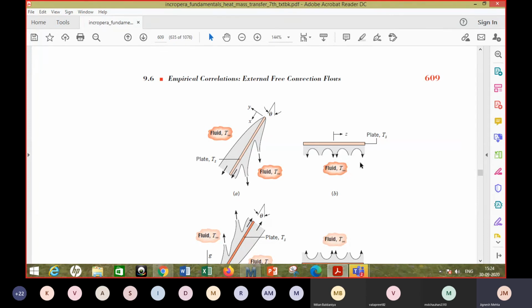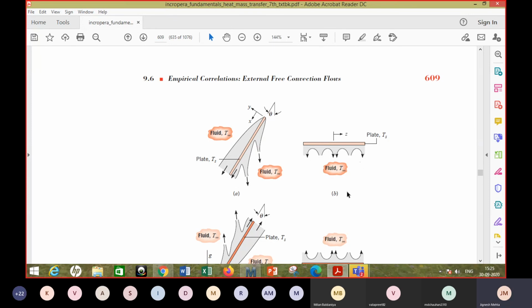So basically the natural convective heat transfer effectiveness is very low. If you don't want the heat transfer, it is something which is preferred, and if you want heat transfer, then it is a very poor mode unless the temperature differences are very high. In this example, the temperature difference was just 10 degrees. So that was a very small temperature difference. So it not just reduces the value of delta T, but also reduces the value of heat transfer coefficient because it is affected by the buoyancy force which is generated by the temperature difference.